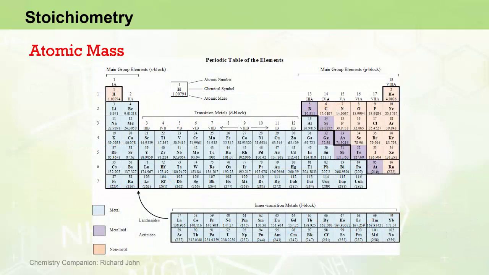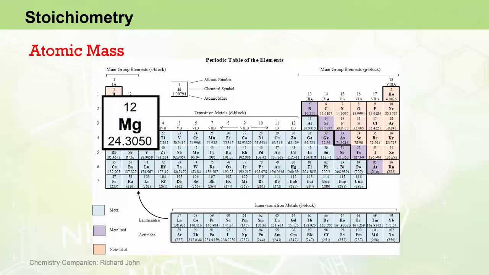So we can look at the periodic table and pick any element, for example, hydrogen at number 1, and we can look at the number underneath the symbol, 1.00794. And we can say that the atomic mass of hydrogen is 1.00794 atomic mass units. So roughly speaking, a hydrogen atom is 1/12 as massive as a carbon-12 atom. We can look at another element, magnesium for example, and we can see that its atomic mass is 24.3050 atomic mass units. And roughly speaking, a magnesium atom is twice as massive as the 12 atomic mass units